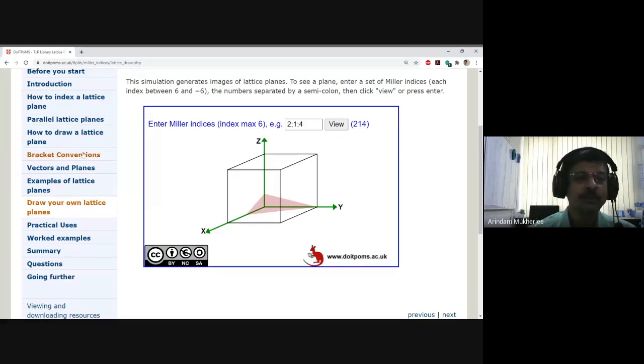Right. So you can use this site and practice. You see, the beauty is you put your plane value here. Don't look at the answer. First you draw in your piece of paper with the pen, and then you try to view and see, did you make a mistake?